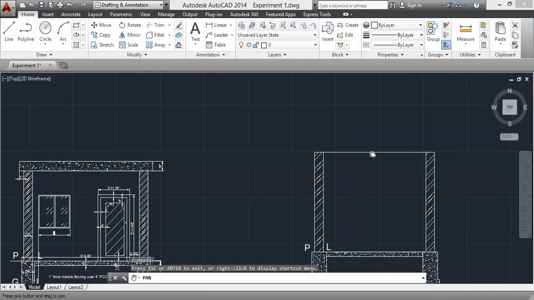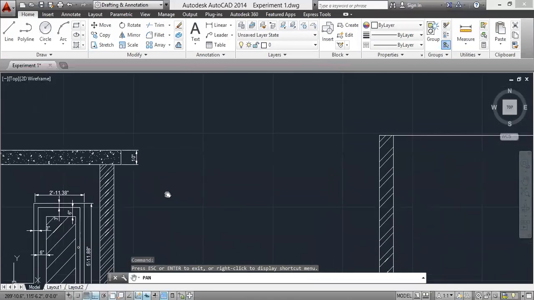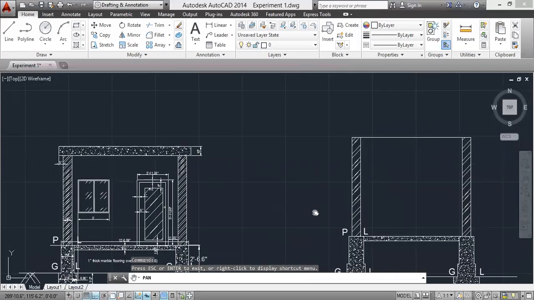Then after we have a slab of 10 inch, right? Here we had a projection of 5 inch. We'll be giving L enter. Click here 5 inch, enter. Then L enter. Click on this point, 5 inch, enter. Okay.